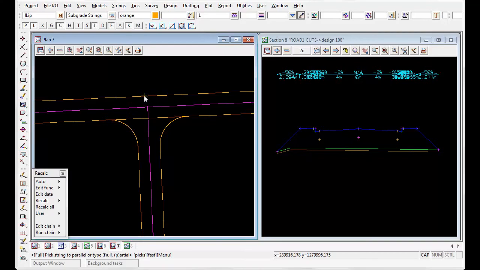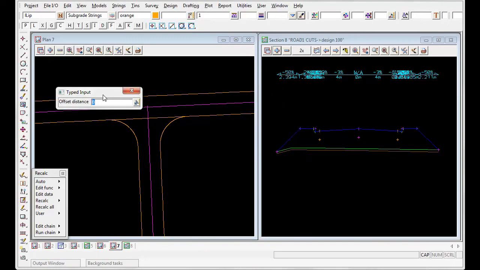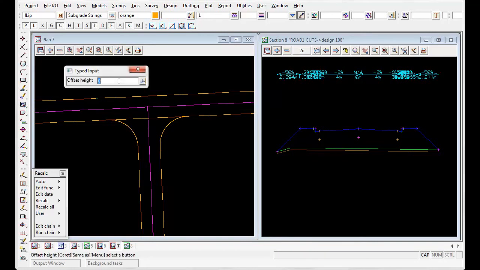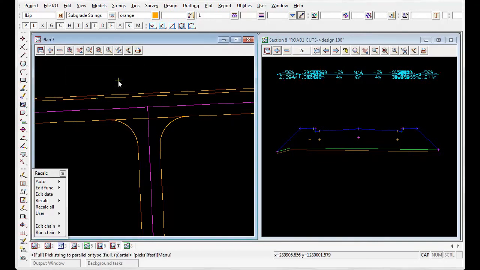So I'm picking with the left mouse button and driving in this direction, letting go and accept, so that when it goes offset, it offsets it to the right hand side or to the north there. So I'm going to offset this 1 meter. No height change, and you can see it's now placed that second string underneath the curb and gutter, 1 meter